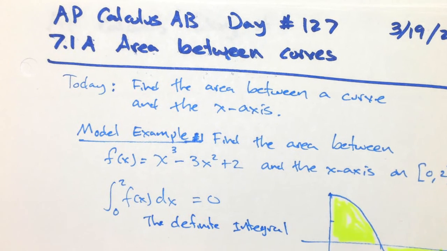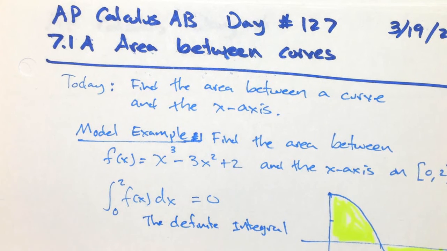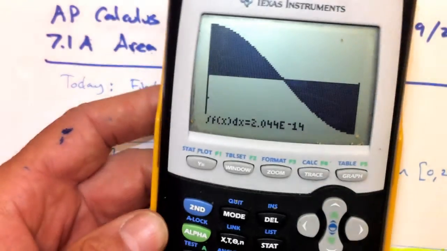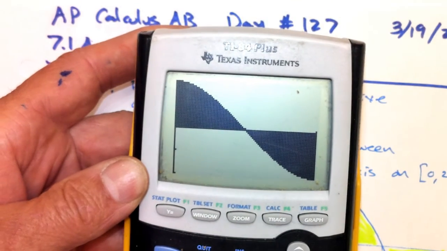Sometimes that's important, but today we're going to try to find the area between the curve and the x-axis. So really, I want to find the positive area. So the area between the curve and x-axis would be given by the integral from 0 to the intersection point. Now, I'm thinking the intersection point is at 1. If I wanted to calculate that, I'm just going to